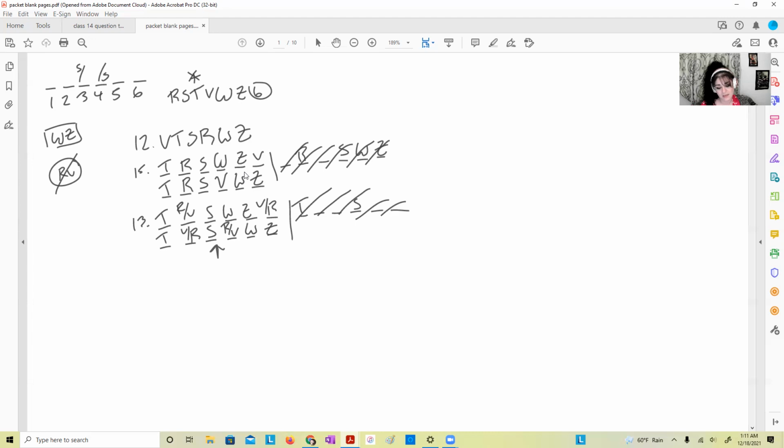Okay, so 16 asks if R and V are both earlier than T. Interesting. So it's like it's adding an extra rule. If R and V are both before T, is this a could be true or a must be true? This is a must be true. So here's how I'll work this one out. First, what I could do, well, I could look for examples of it, but I don't have any examples of it. I don't have in any of my previous work that R and V are both before T. So